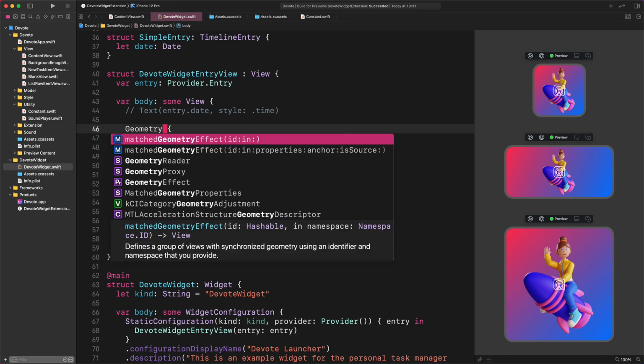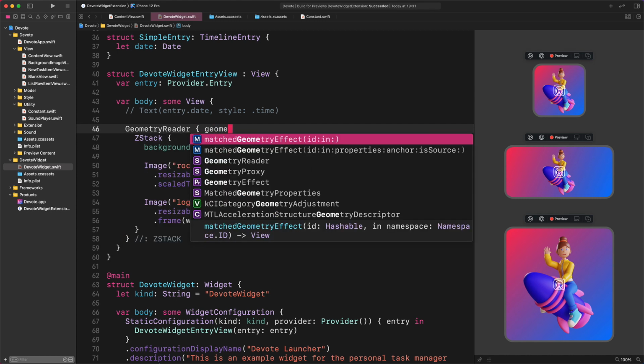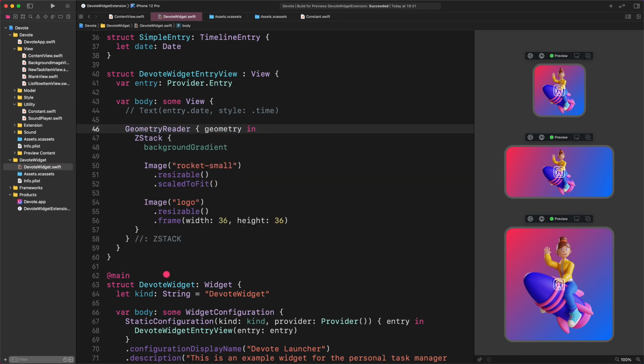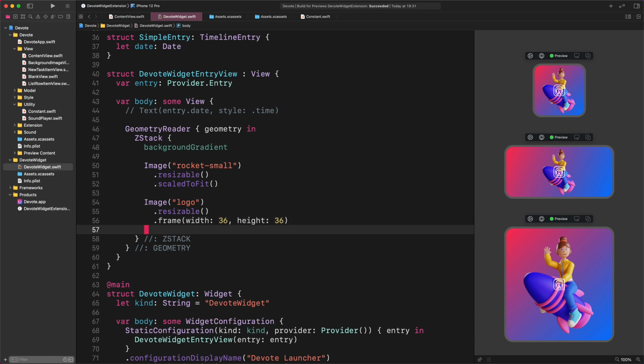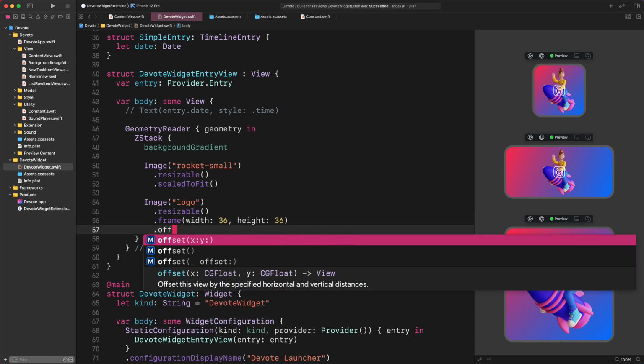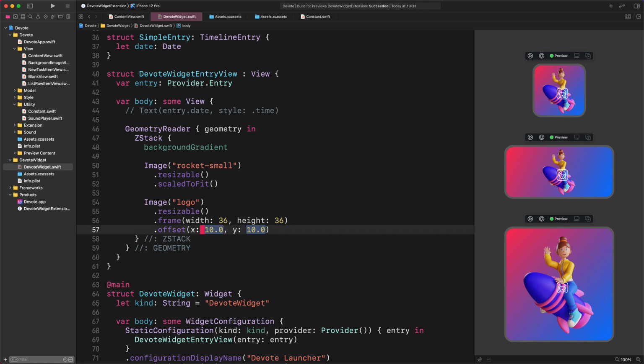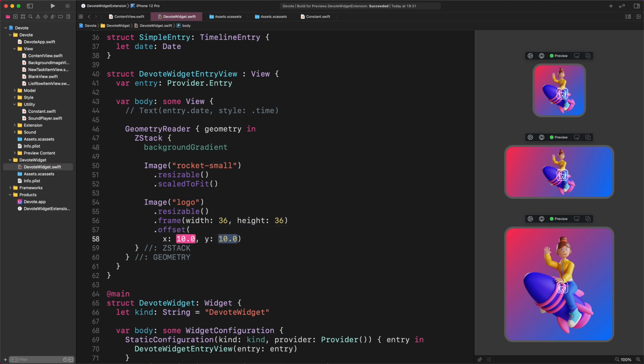GeometryReader, geometry in. New comment. The end of the GeometryReader. So far, so good. With the GeometryReader, we can precisely position the logo image wherever we want. To do that, let's add the following modifiers to the logo. Enter. Offset, x: geometry.size.width divided by 2